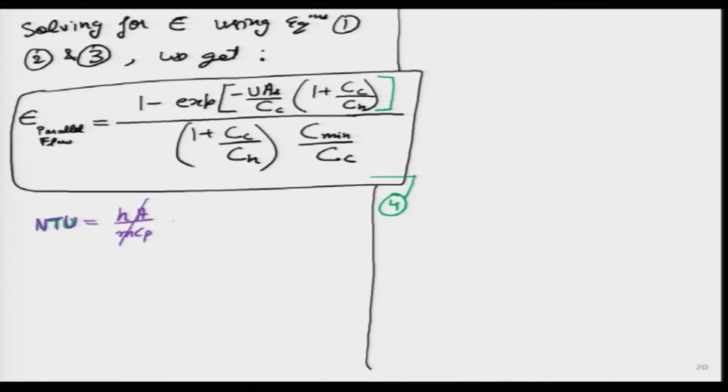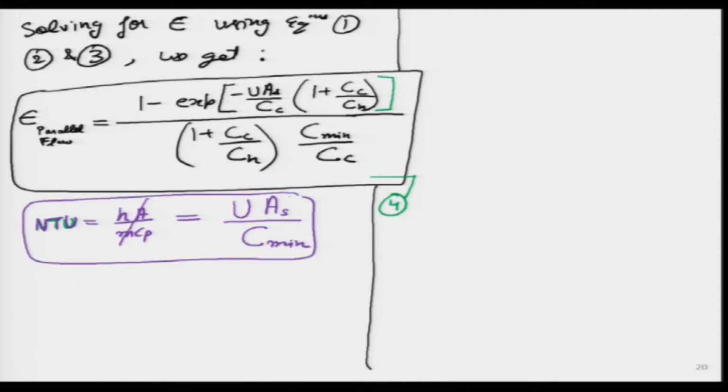So, I will just put a cross over here, because in heat exchangers we are not using h, we are using the overall heat transfer coefficient UA, and instead of using this m dot Cp, I am going to use C min. I will put a note over here, and I am putting too many equations today. So, there are 5 equations. So, do not get scared, very simple answer we are getting very soon.